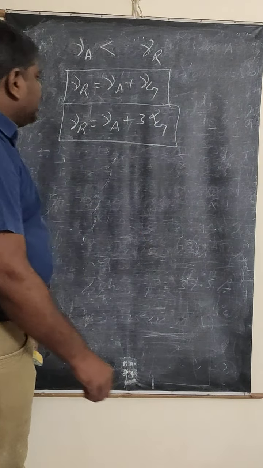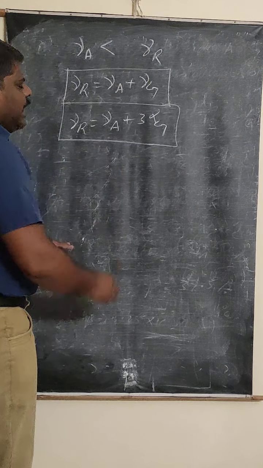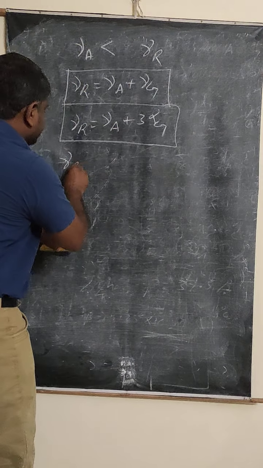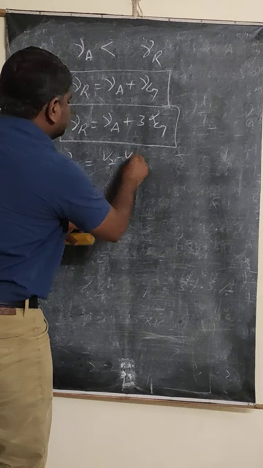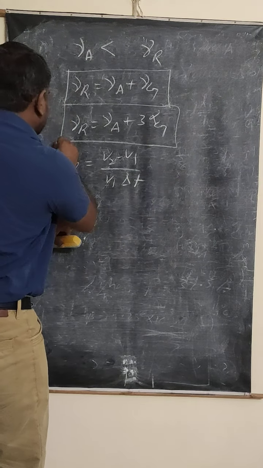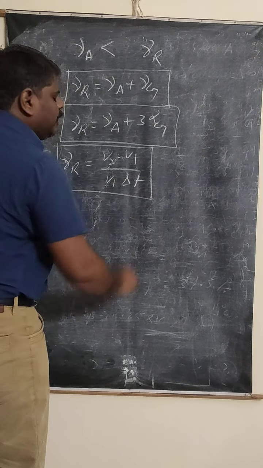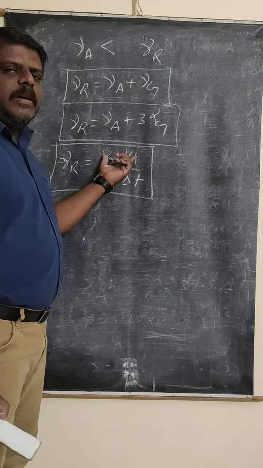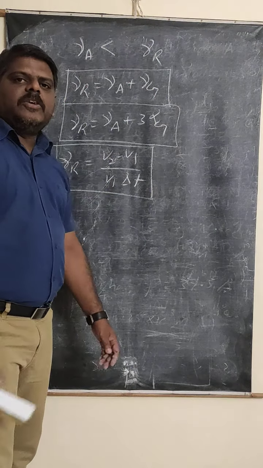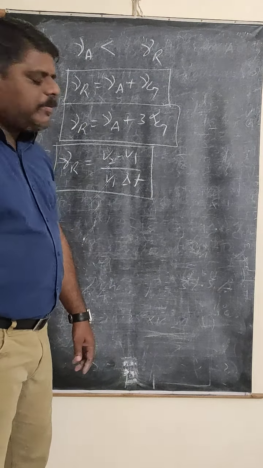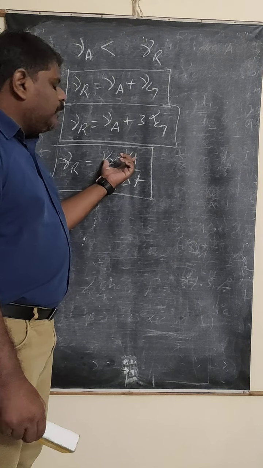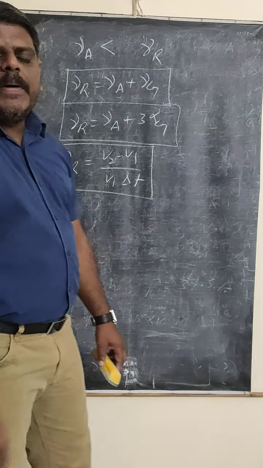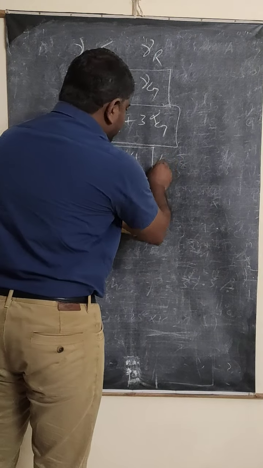After that we discussed the general formula of the volume coefficient. Both have the same formula because both represent volume only. So gamma R equals V2 minus V1 by V1 into delta T. Only the definition changes slightly, the rest is the same. The ratio of the change in real volume of the liquid to the initial volume, per 1 degree centigrade rise of temperature, is called the coefficient of real expansion. Apparent expansion means the ratio of the change in apparent volume of the liquid to the initial volume per 1 degree centigrade rise of temperature. The units are per degree Celsius.